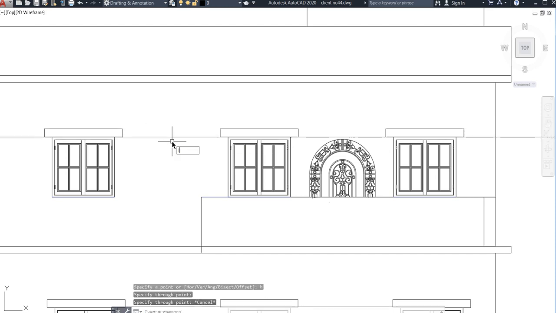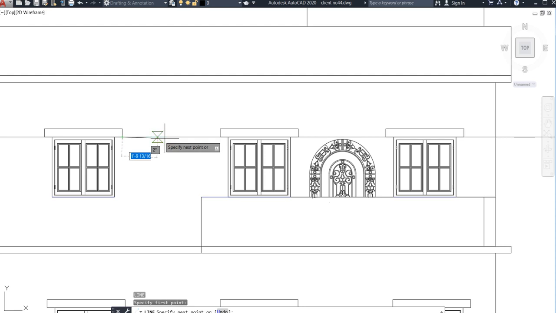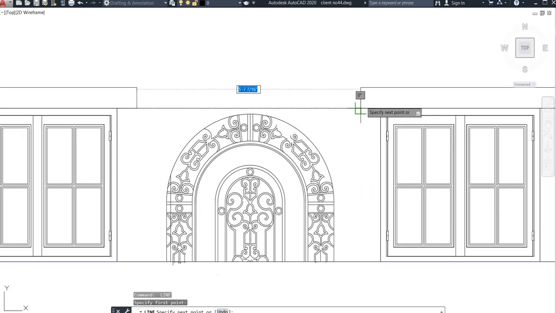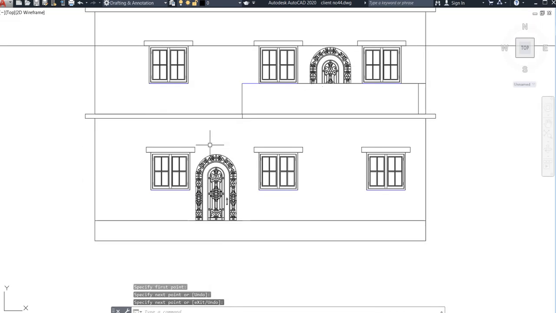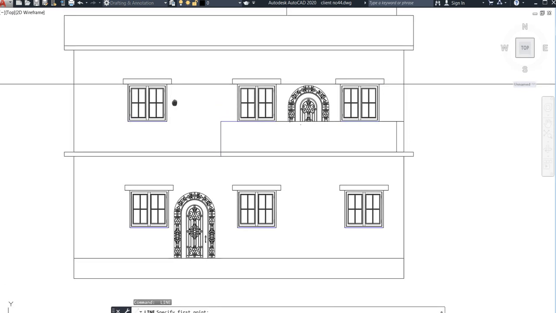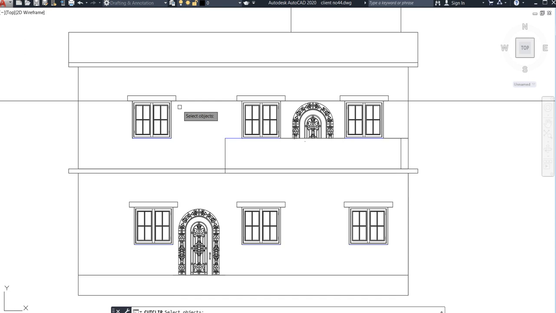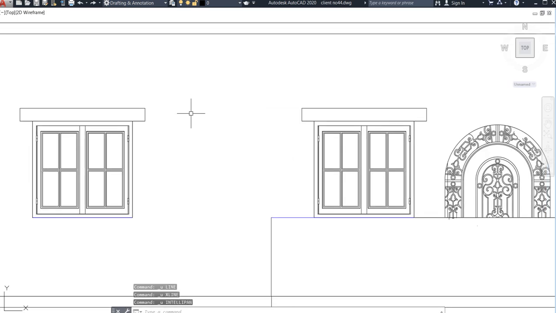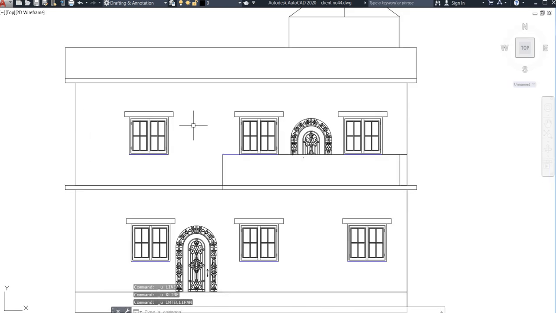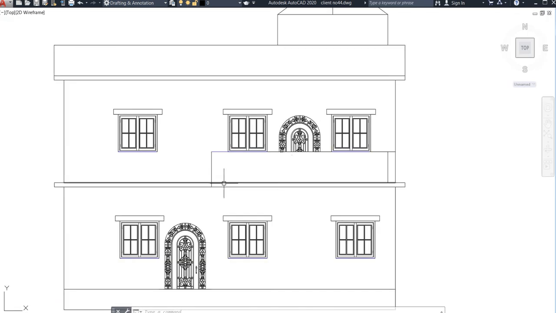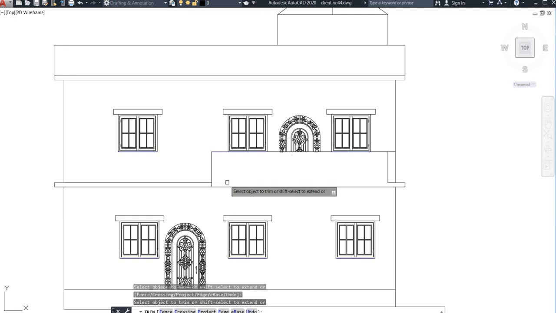Now go for line command again. So draw one line here, here also, up to here only, no need to do more. In the same way we need to do here also, where I did it actually in the bottom, I need to do in this top one. So go for Control Z. If you do not want to use construction line, then it is okay, you can do it, it's not a big deal. So what you need to do, here we need to trim this. I have trimmed.